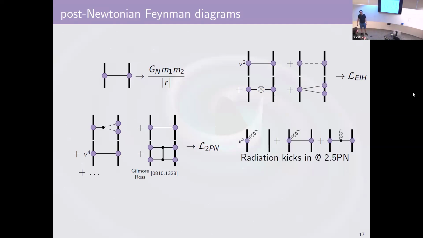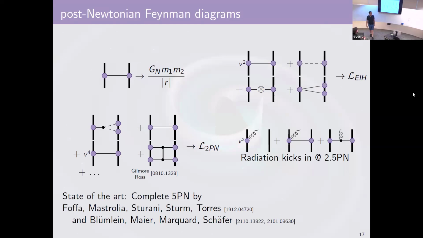And then I will say that radiation-related effects kick in at 2.5PN. So this is where there's a V for each radiation mode graviton, and then we have a V squared coupling that ends up being a 0 at V. So you have to go to V squared. And then these potential modes come together to make sure that you don't have any gauge dependence on the radiation.